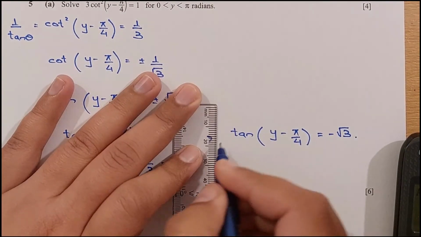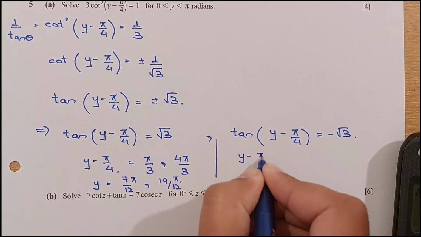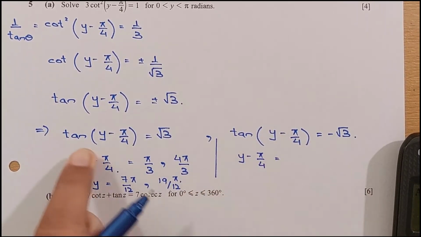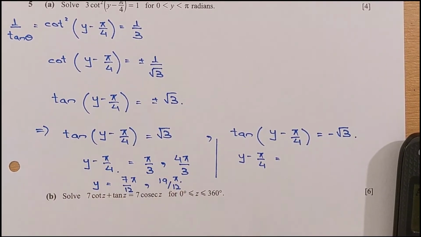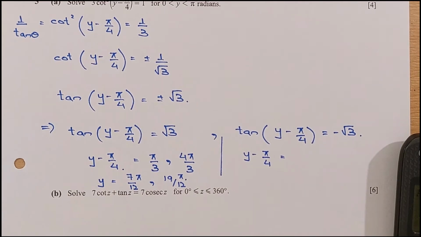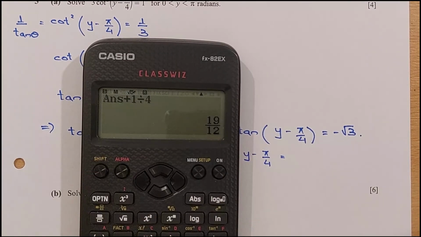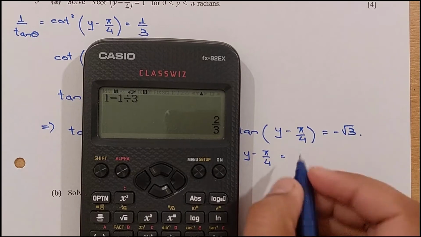The tangent is negative, so we can say that y minus pi by 4 is equal to tangent inverse of square root of 3, which is pi by 3, right? Tangent is negative in the second and fourth quadrants. Now for the second quadrant we do pi minus pi by 3, or we can just do 1 minus 1 by 3. This is 2 pi by 3,